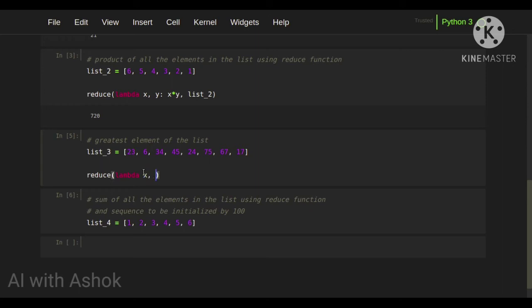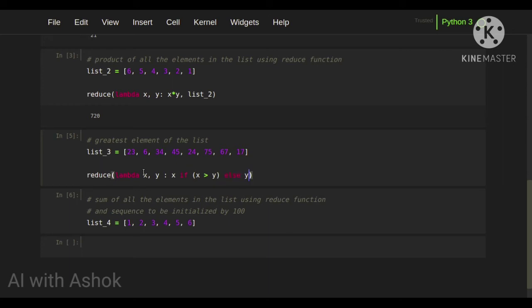Lambda x comma y: x if x greater than y, else y. Actually this is a shorthand operation for an if condition.